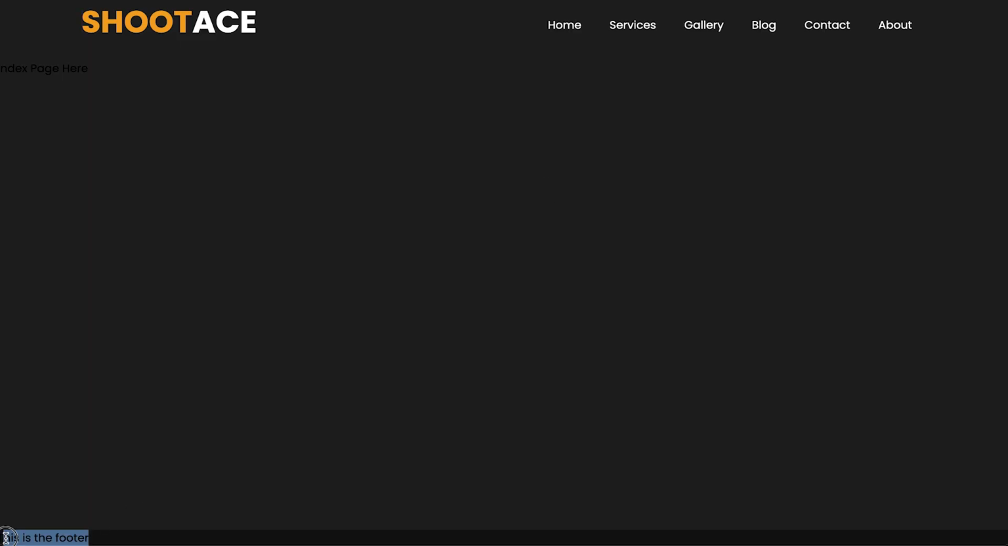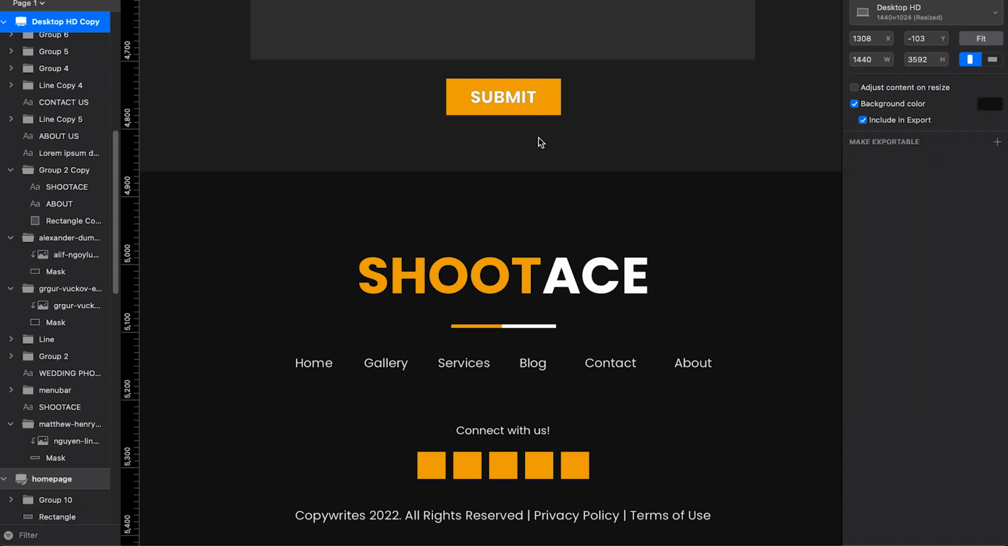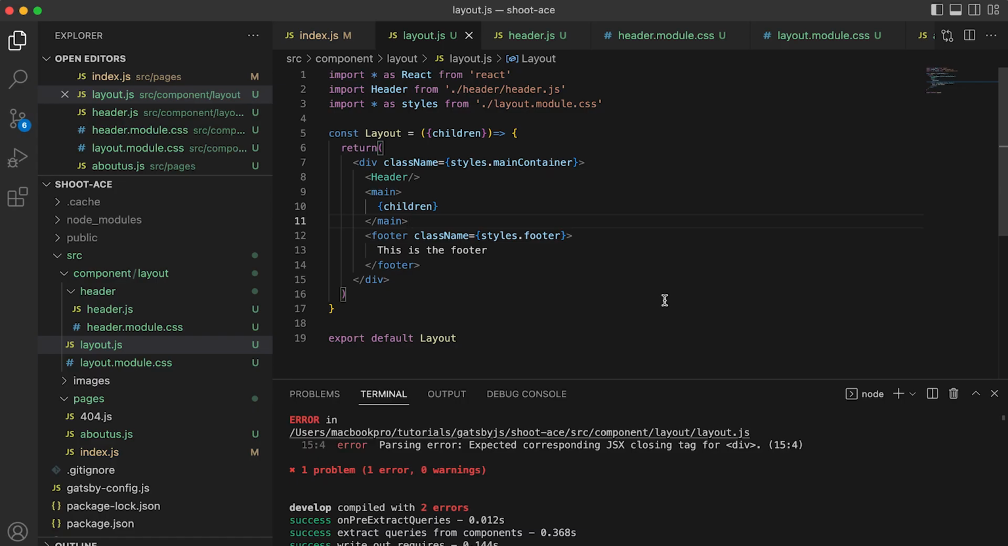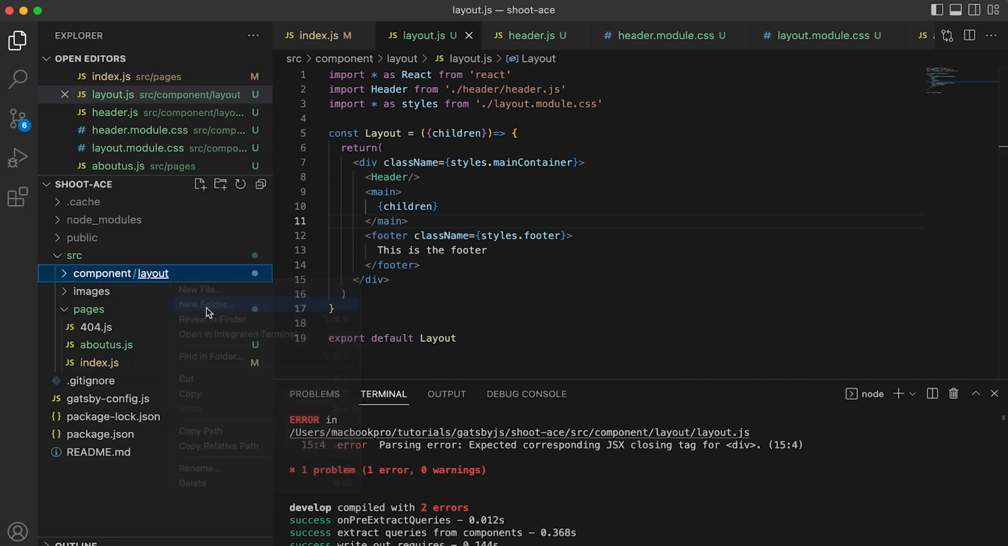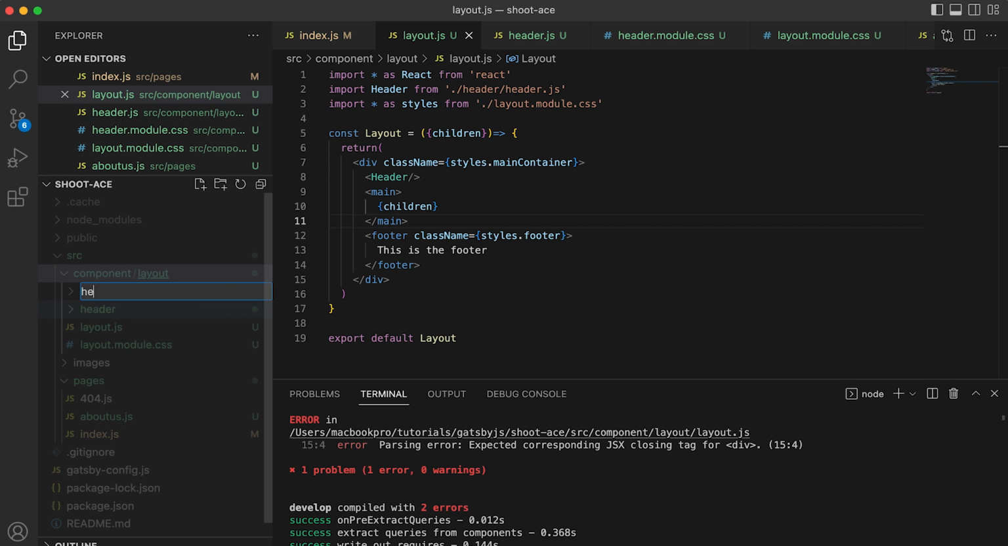Okay, notice that the footer is at the bottom even if the index page doesn't have any content. So now we can build our footer. Same thing with the footer, we need to convert it as a component. So under layout, let's create a new folder and name it as footer. And inside footer, let's create a new file called